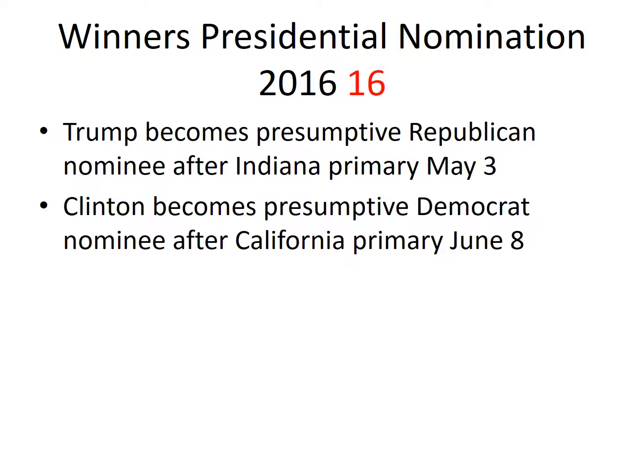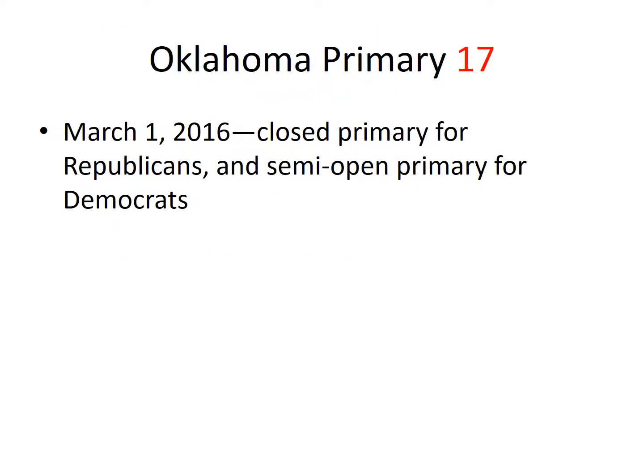So for Clinton, as you can see there, it lasted over a month longer to get the nomination, and a lot of that had to do with the proportional representation system. Bernie didn't have to win. In fact, he lost most of the state primaries, but that was able to keep him in the race by having a proportional system. So there's just the way the structure of the race works in Oklahoma, the primary works.